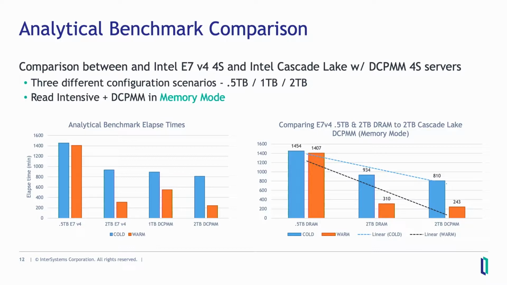What we were also surprised by was the performance comparison between the 2 terabyte Broadwell DRAM and the 2 terabyte Cascade Lake with DCPMM. There was about a 20% improvement. Sure, this might have been attributed to the new processor architecture, more cores, with the buffer pool sizes being the same. However, this is still significant in that the 4-socket Cascade Lake only had 24 128 gigabyte sticks in it,